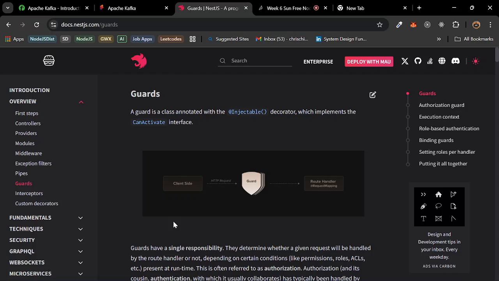You can implement many kinds of logic with guards, like the authentication middleware I showed you. You can also implement permissions, like a user needing to have some particular permissions before they call that endpoint. So you can use this guards class to implement things like that in your Nest.js applications.